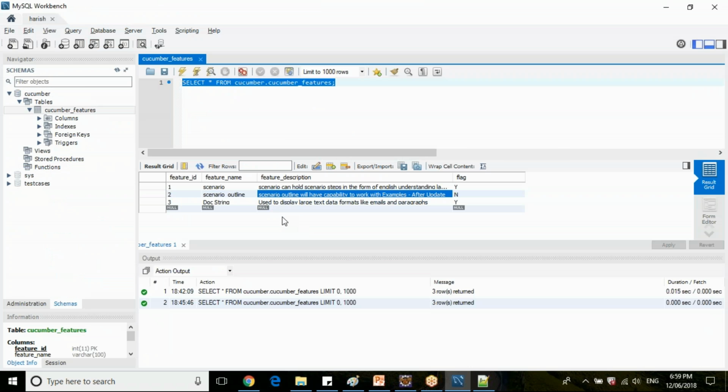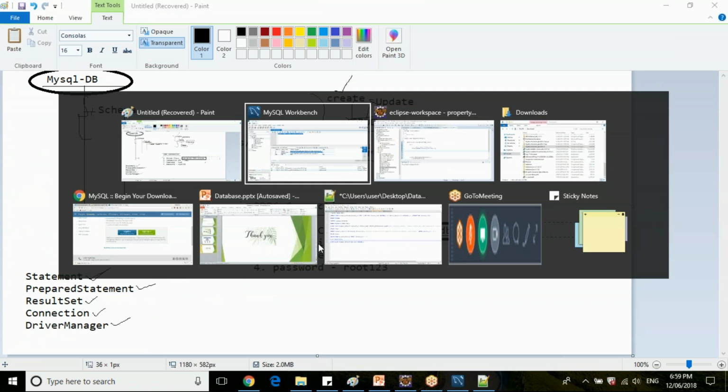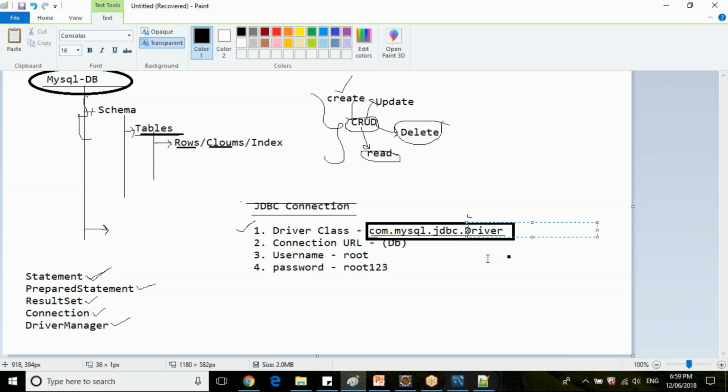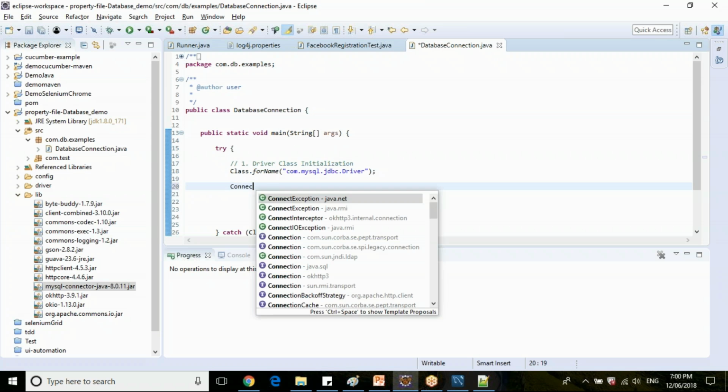So what is the next step? We need to instantiate a connection using a URL. As I told you, this jar file contains some classes. This Connection is in the java.sql package. Let me show you that after the declaration.